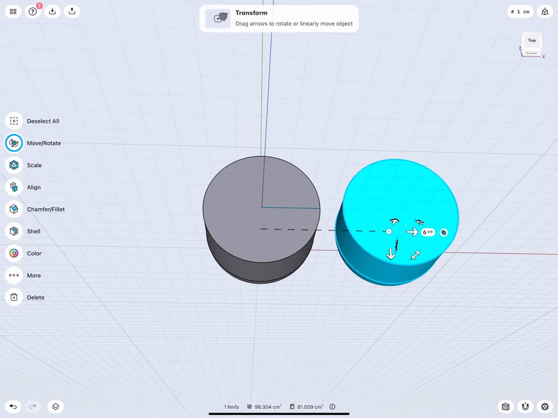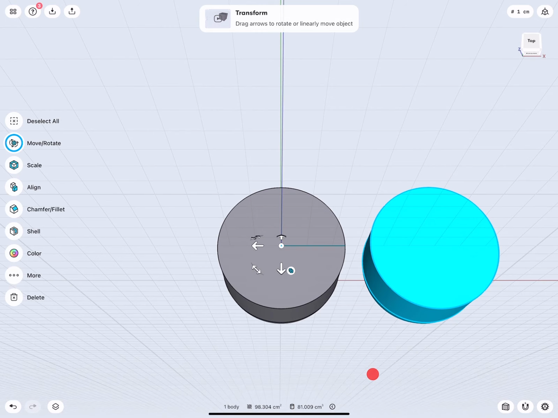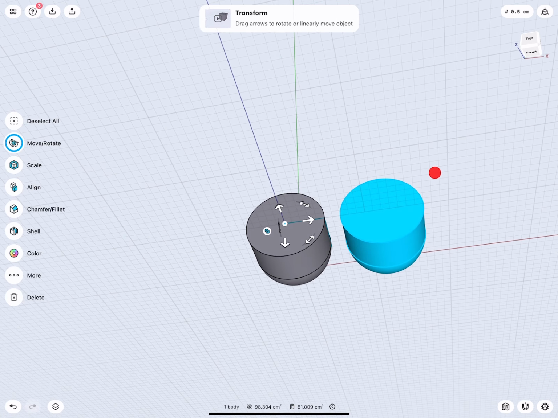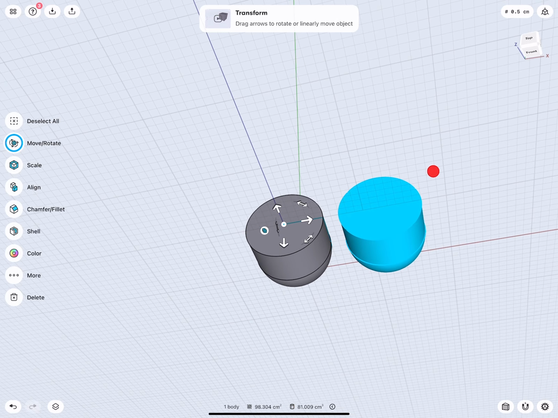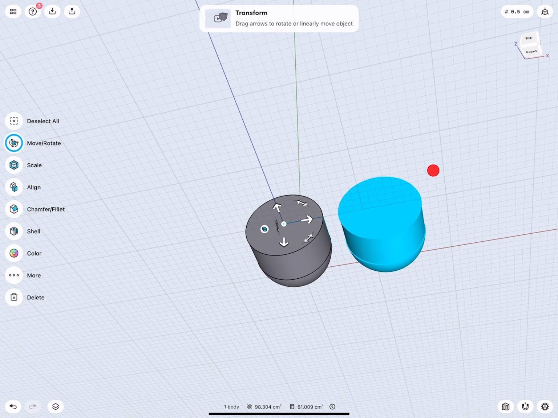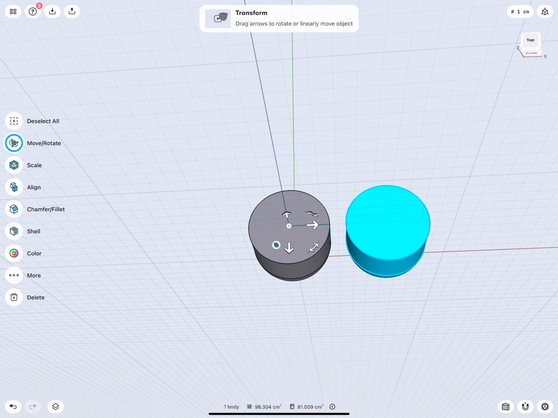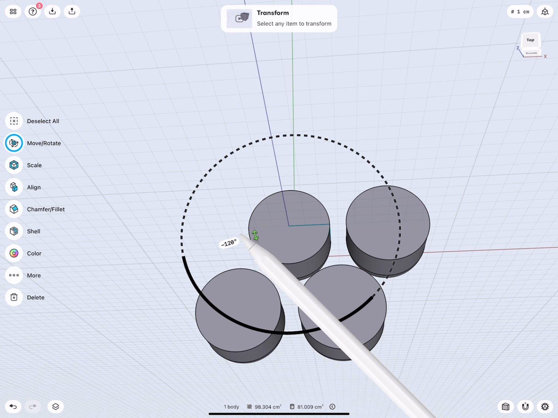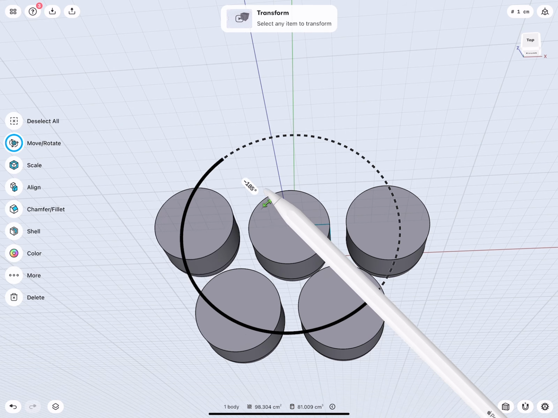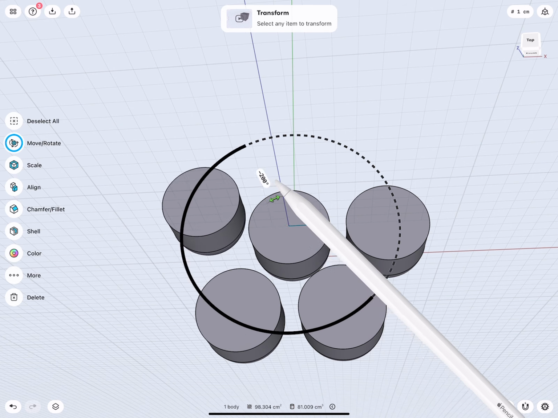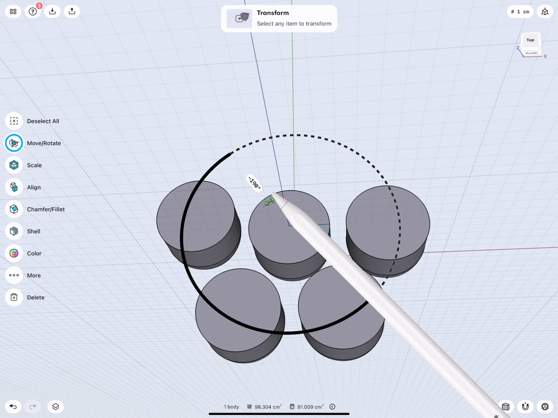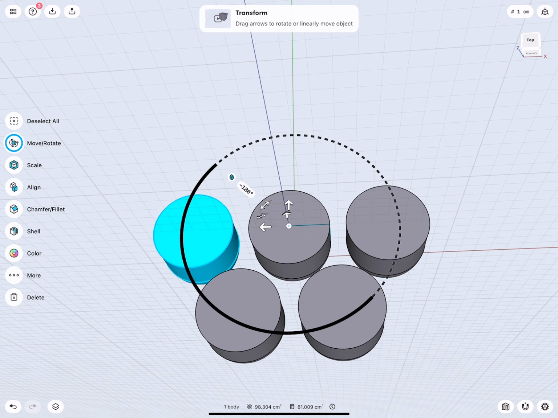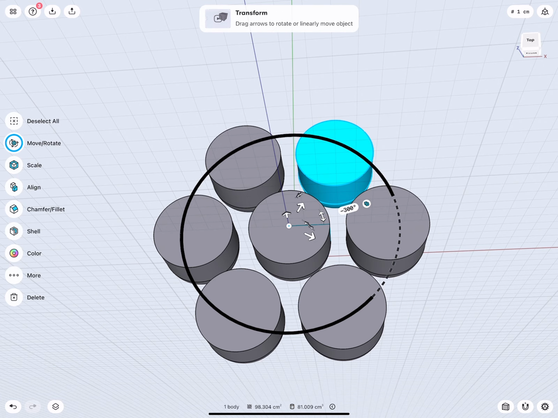Then I can go to a top view, move the 3D widget to the center there, either aligned onto the z-axis or the center of the circular cap, and then we make a copy every 60 degrees. 360 divided by 6 is 60. 120, yeah, so 180, 240, and 300.